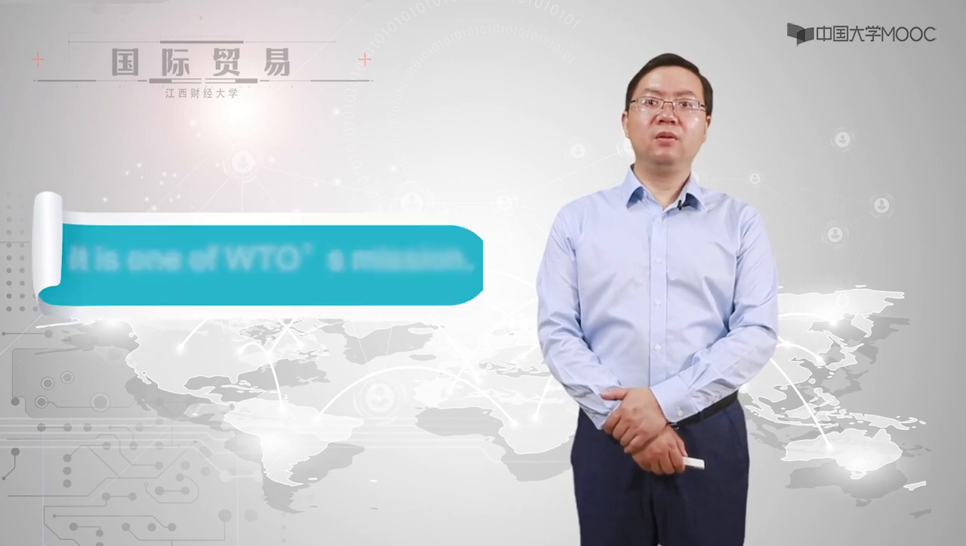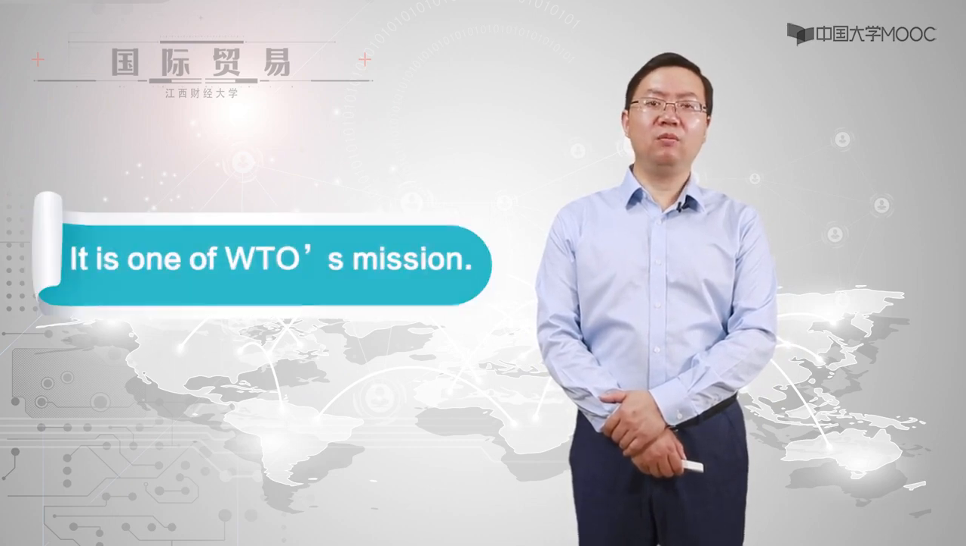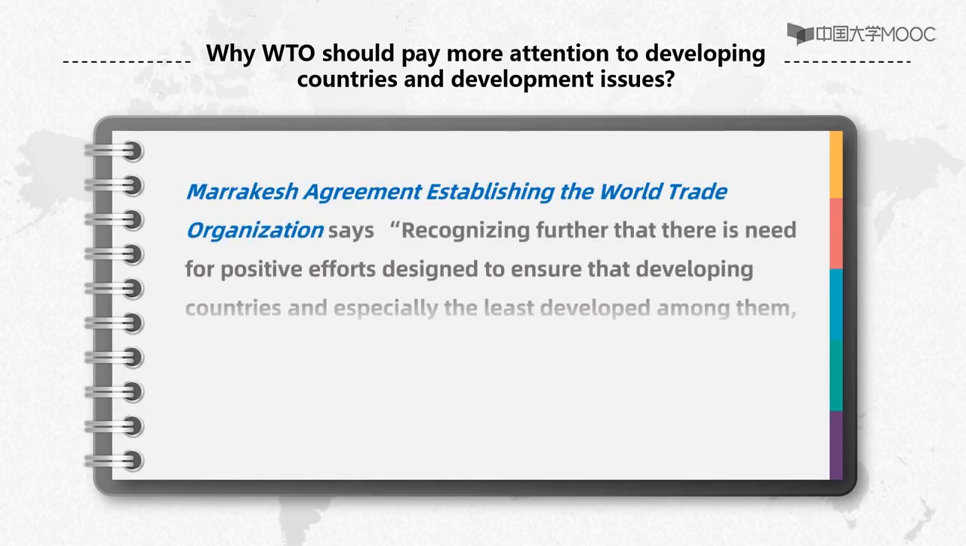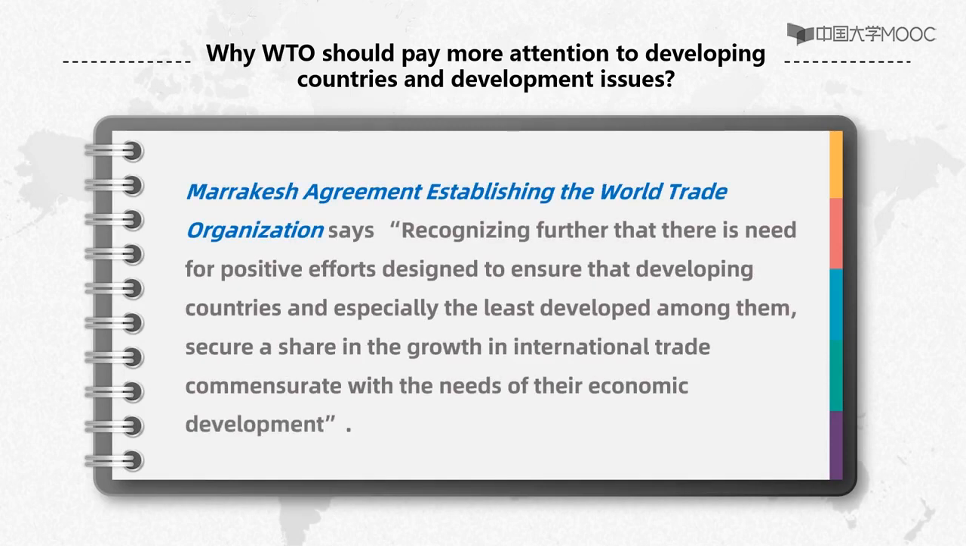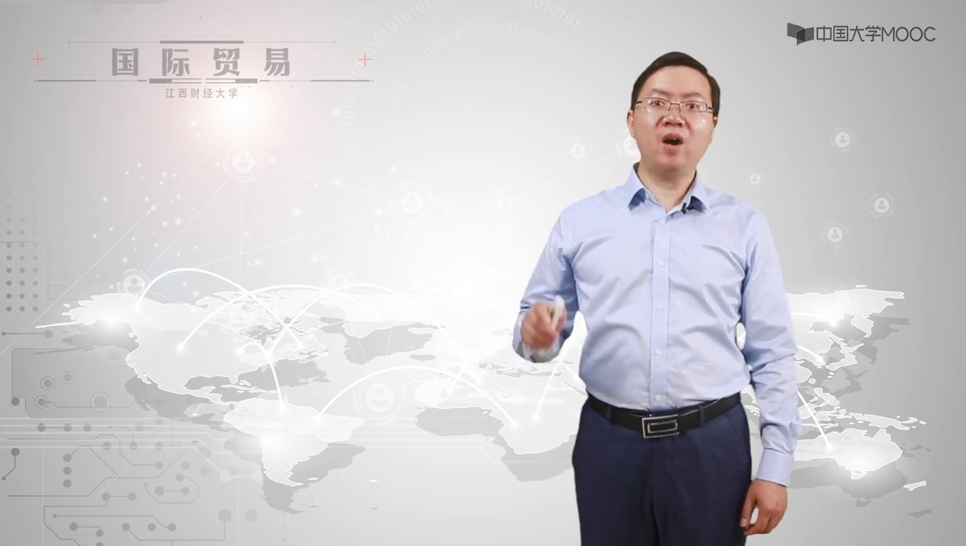Why should WTO pay more attention to developing countries and development issues? The reasons include: first, it is one of WTO's missions. The Marrakesh Agreement establishing the World Trade Organization says, recognizing further that there is need for positive efforts designed to ensure that developing countries, and especially the least developed among them, secure a share in the growth in international trade commensurate with the needs of their economic development. So, from this we can find that helping developing countries to develop better is one of the missions of the